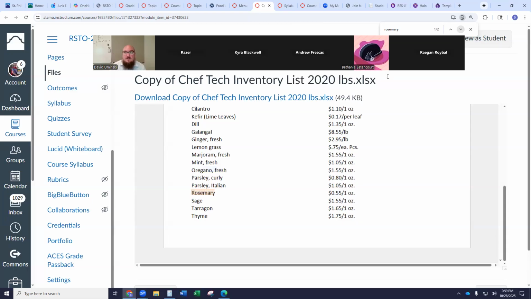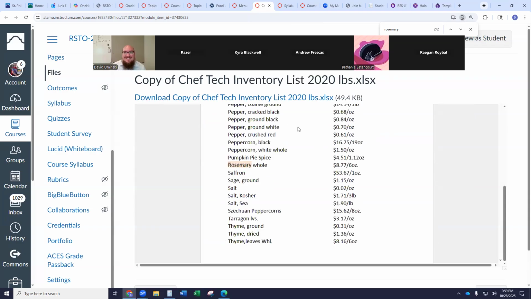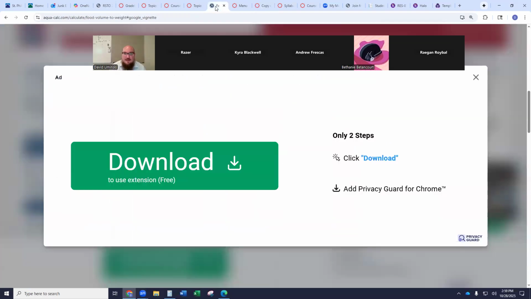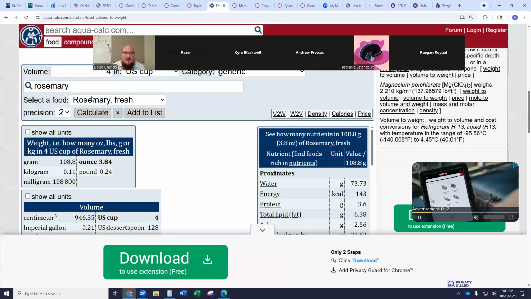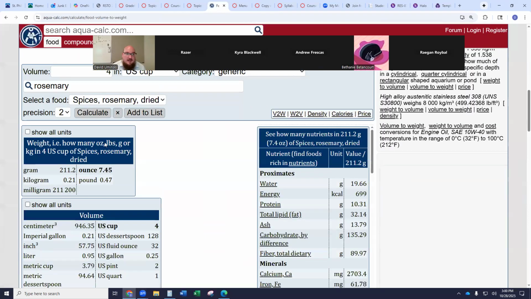Does that make sense? Yeah, I know this because I made that mistake the first time. When you said rosemary, I looked in the spices, not the herbs. So when I saw rosemary, I used dried rosemary, not the rosemary whole that was listed in the herbs. Yeah. And so if we use the spices rosemary dried,